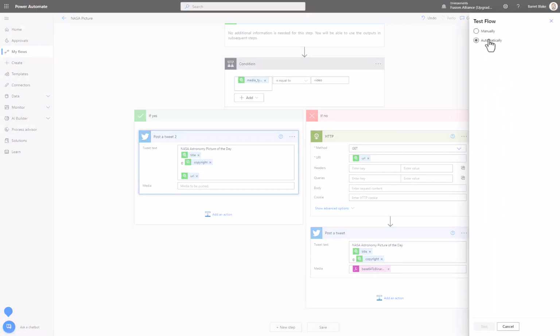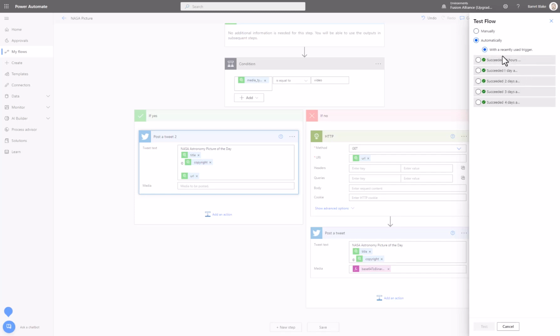And the options that'll show up here will depend on what you've done previously. Whether it's run previously, the kinds of edits you've done, the type of flow that it is. So you might see different options here. So you can do it manually, meaning I'll run it manually. Automatically,